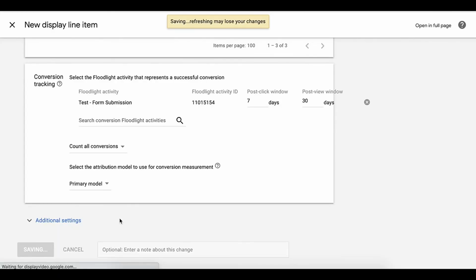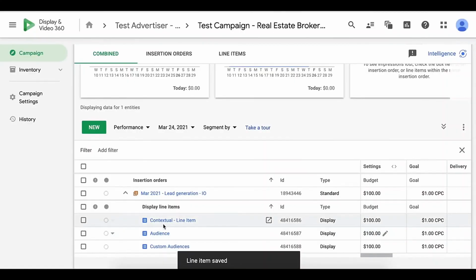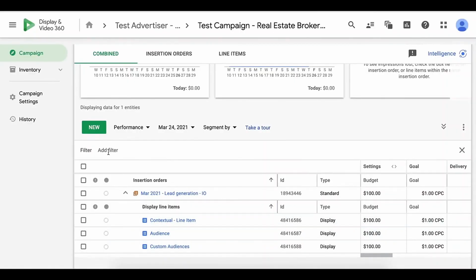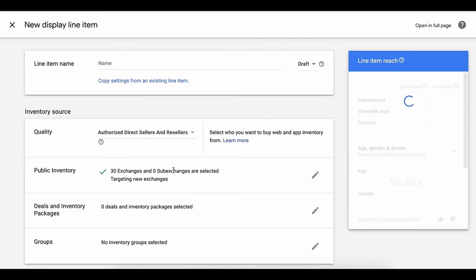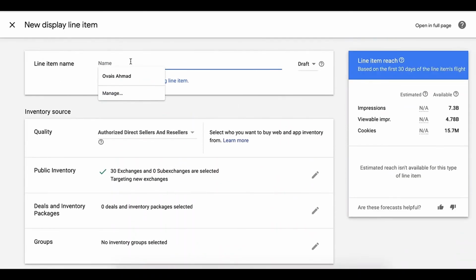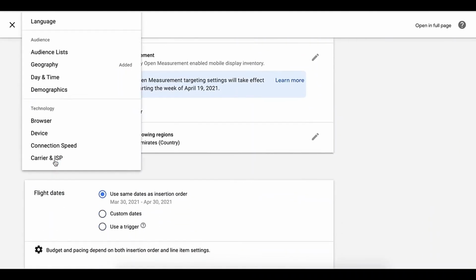The only line item pending now is the remarketing or retargeting line item. See, we have already created 3. For remarketing or retargeting, it's simple. We click on line item again here, we click on display. The only thing that will be changed is we will add audience setting here,